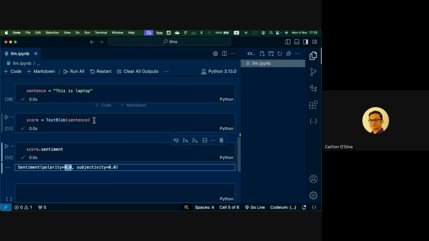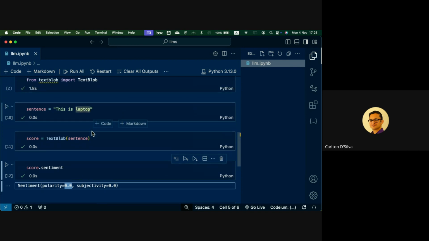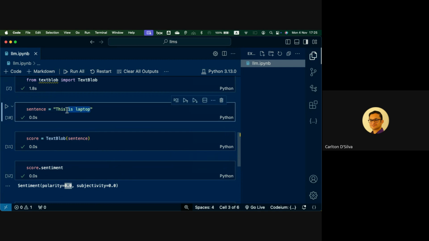Now, you might have noticed this scoring system is not perfect, but what it does is give you a fairly good idea of how subjective something is and how much negative or positive sentiment there is with regards to it. This is something I want you to keep in mind with regards to sentiment.